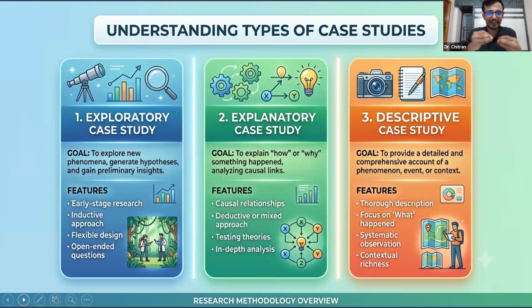So that is the exploratory case study. And descriptive case study is more about detail, where you have so much rich data related to the topic. It might be a topic that has been worked on by many scholars, but you are detailing it with so much data, so much new content related to that area. And it's not necessary that you should have a theoretical background when you write a descriptive case study.